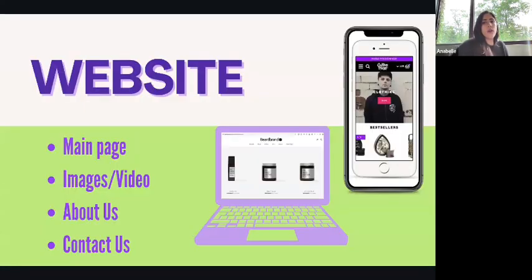Now, let's talk about your branding on the online platforms, which includes your website, right? You want to make sure you have some sort of link. You can have your main page. It could be super simple, the simpler, the better, with some images about you and then your contact information. You can use Linktree, Wix, Square.